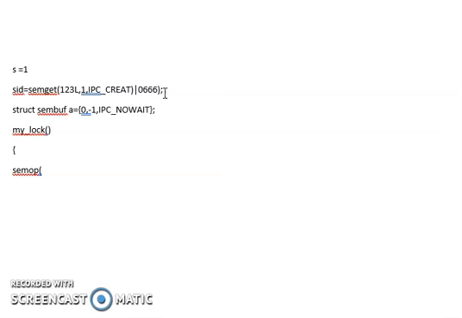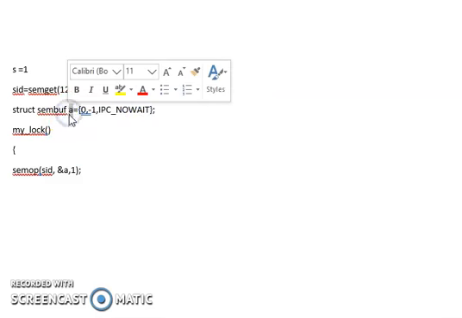Now, in the entry section, I need to call mylock. So I am defining the mylock function here. I write SID. I need to pass the address of the structure, this structure. The second parameter is 1, and the last one is 1, because I have done only one operation. In this structure, I have only one structure variable. It's not an array, it's only one structure variable. So I have gone with writing 1.